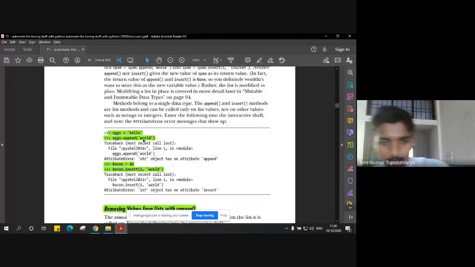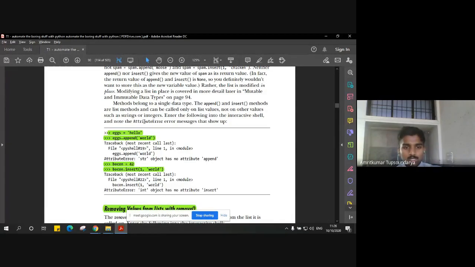So here is an example of what should be avoided, or what you shouldn't do. As you can see, here is another variable, let's say x, which is assigned a string called hello. And we are trying to append the word world to x. Now x contains only the hello string, right? And we are trying to append another string called world to the previous value.